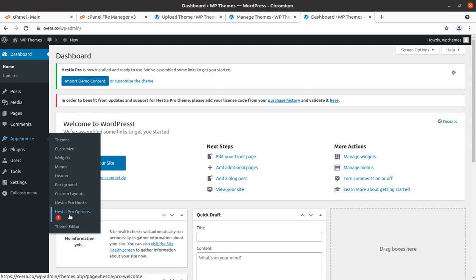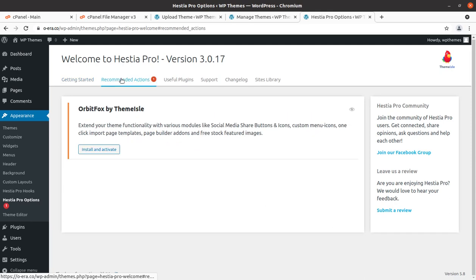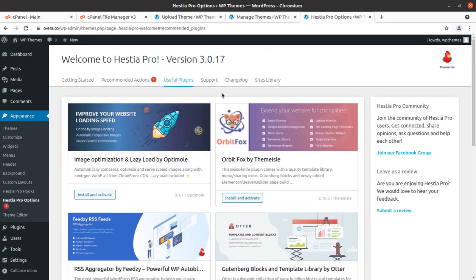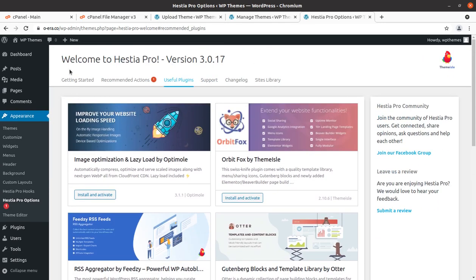So this is Hestia Pro hooks is available here, and Hestia Pro options we can choose to have. So I'll show you what we are getting, getting started and recommended actions. Useful plugins are here, support and all such things. Okay, so this is about the Hestia Pro.